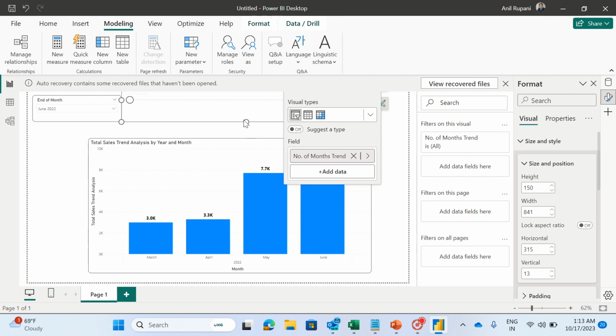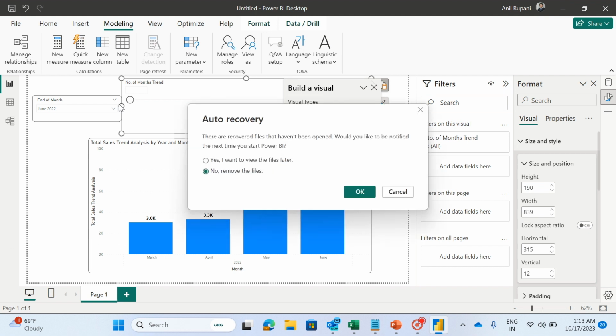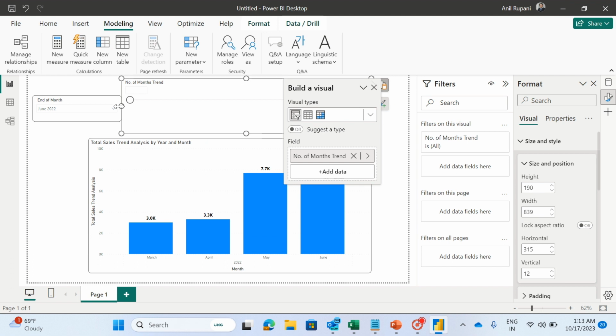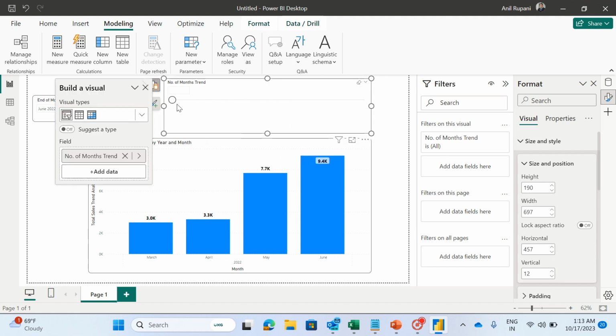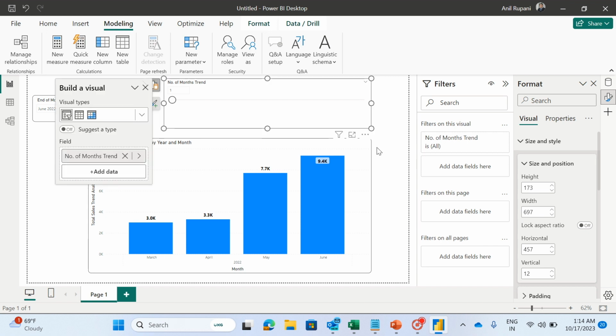Now you can see I have a slider which is appearing, showing the number of month trend. But this slider is not working because it is not linked with the column visual which is appearing below. To link the slider with the column visual, we'll have to go back to our measure,